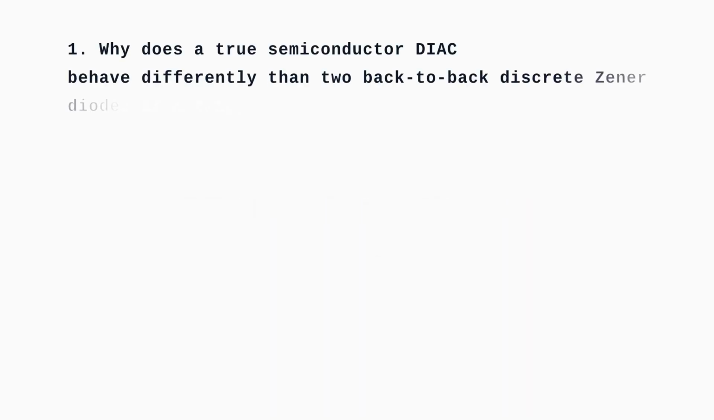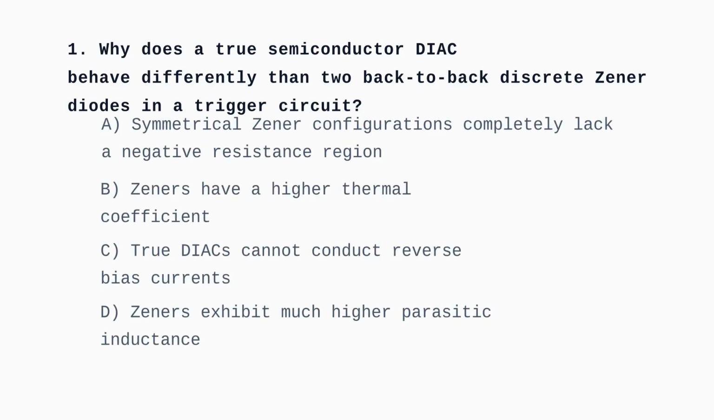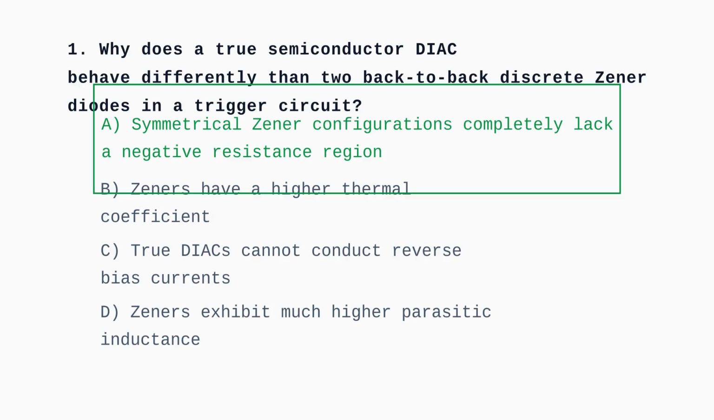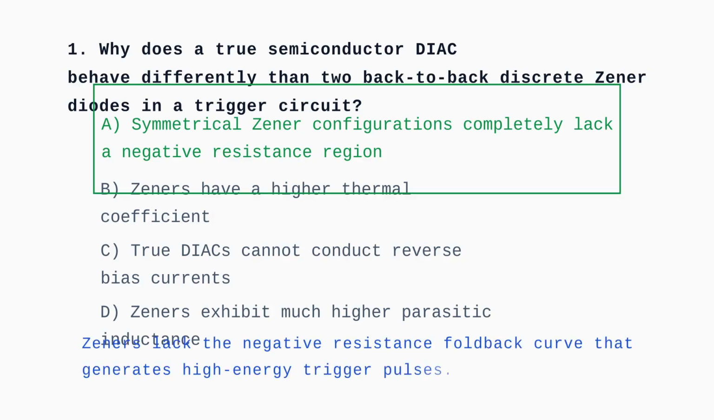Question 1. Why does a true semiconductor DIAC behave differently than two back-to-back discrete Zener diodes in a trigger circuit? Back-to-back Zener diodes lack a negative resistance region. Without a sharp voltage fallback when breaking down, they cannot produce the strong, high-amperage current pulses needed to fire a